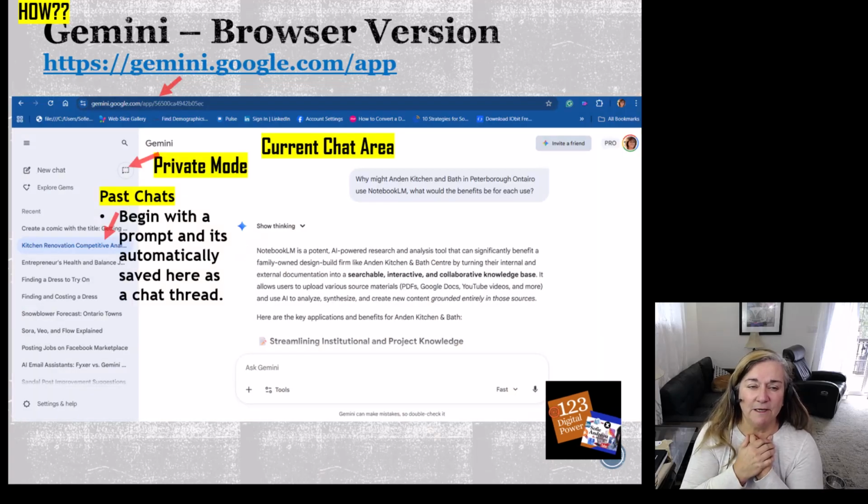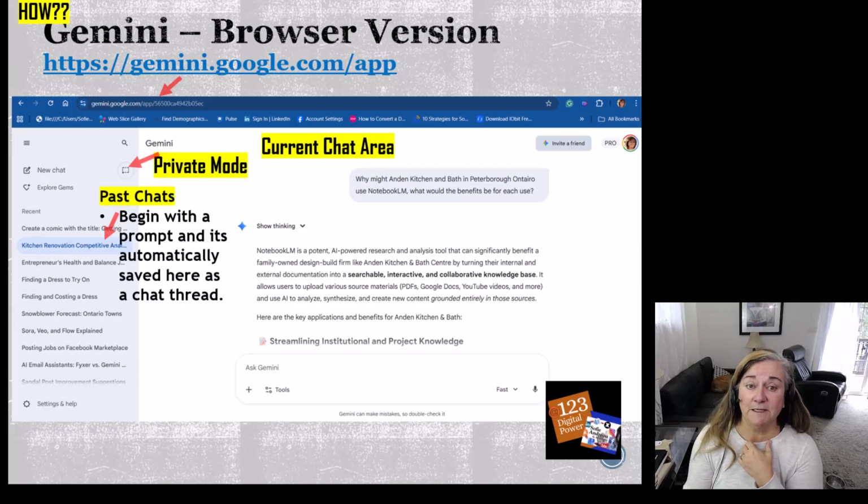And then we have Gemini itself, which is also a powerful AI tool that has some amazing output. I'm very much enjoying the output I get from ChatGPT and from Gemini. I often go to both to find out the answers to a lot of the competitive research I do for clients. So